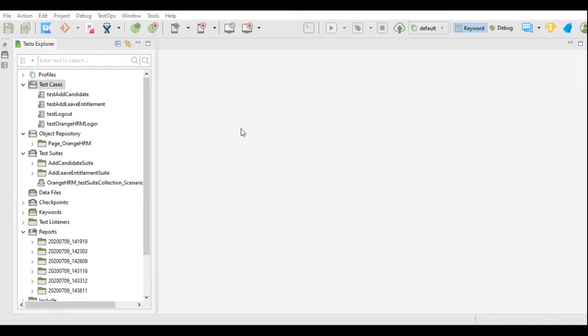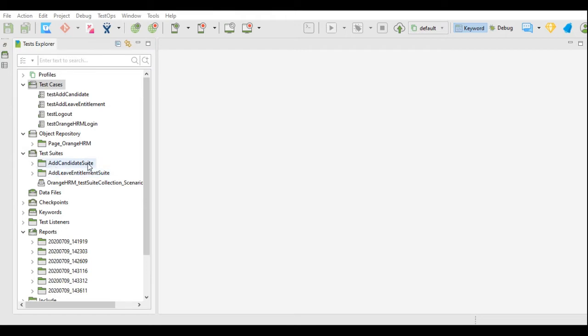Next is test suite and test suite collection organization. Create a test suite for one complete business process or scenario. You can create a folder for test suites also if you want. For example, I have created here 2 test suite folders.